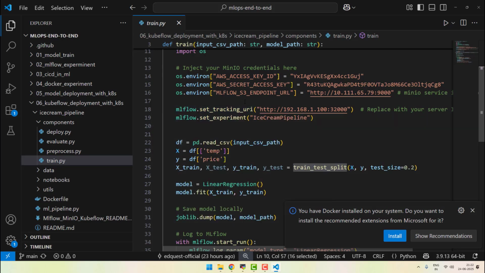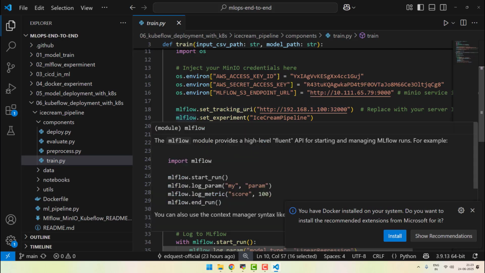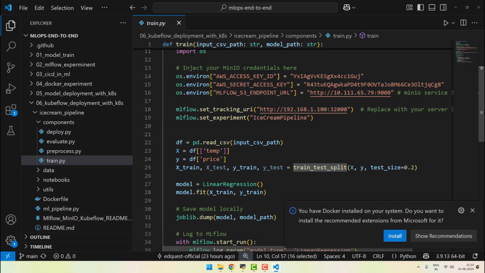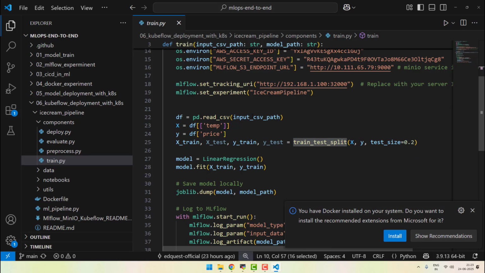So mlflow.set_tracking_uri will be this, and my MLflow is running on port 32000, and you can replace it or update its value. And I'm saying my experiment pipeline name should be the ice cream pipeline. And now I will read the data from the input CSV path, and then we will